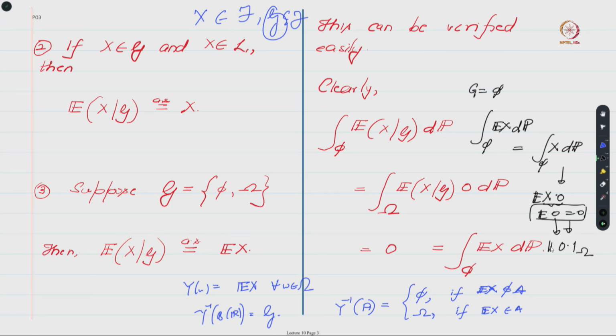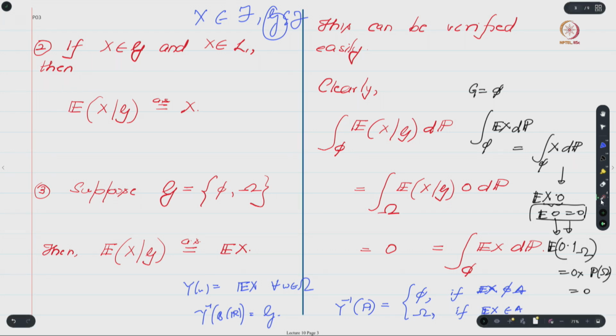So this expectation of this quantity will basically be 0 times probability of omega, which is 0, right. And now we have shown that this quantity over here, when you have the empty set, is 0, and in that same way this quantity can also be shown to be 0. And since both the left hand side and the right hand side are equal, we can conclude that at least